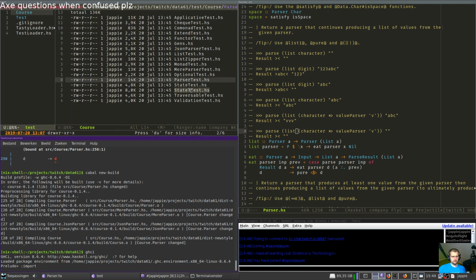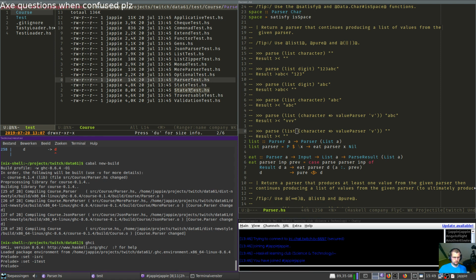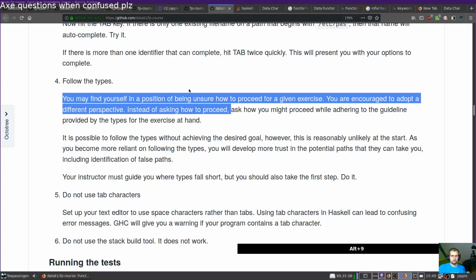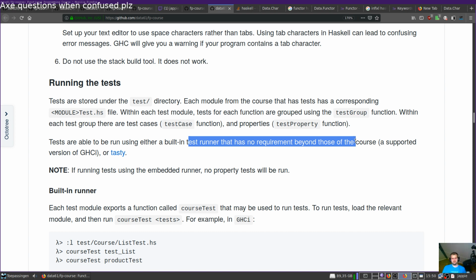Wait, I did some set spell too before. Maybe also test them, if you can find it. Did it like running the test? Oh, here it is. Tests are able to run either with the built-in test runner, but have no requirement beyond this. Tasty. What is tasty?